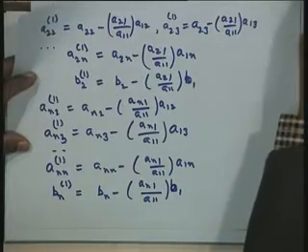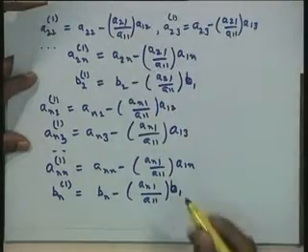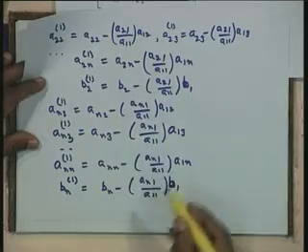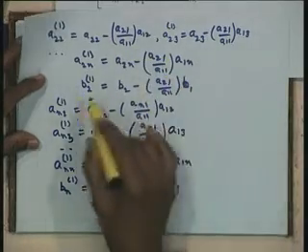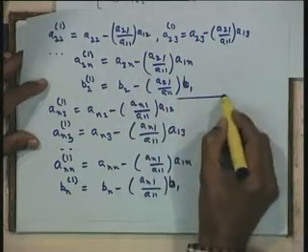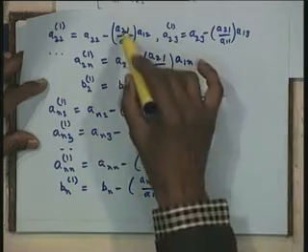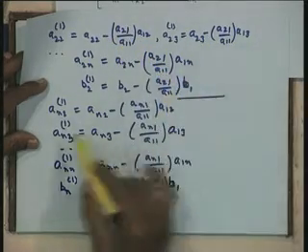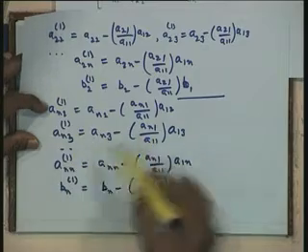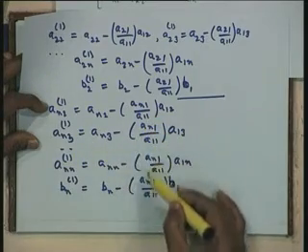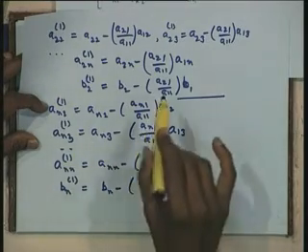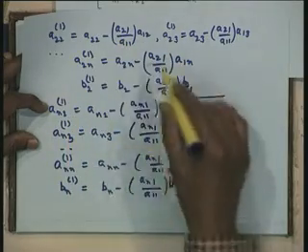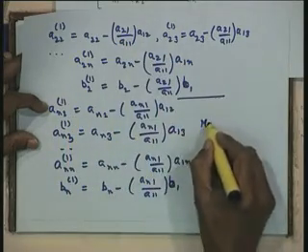Therefore, we have now produced zeros in the first column except for the first element, and all the other elements get changed. Now you can see that when we apply this to the second row, we are multiplying by the quantity A21 by A11. When I go to the last row, I am using AN1 by A11. Therefore, each row has one multiplier that is being used. These quantities that I have put in brackets are all called multipliers.